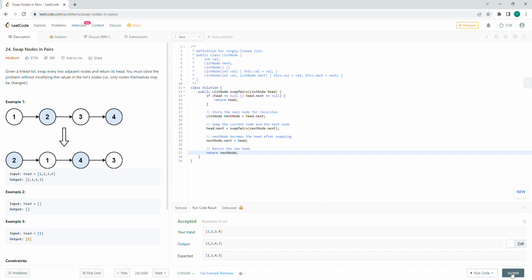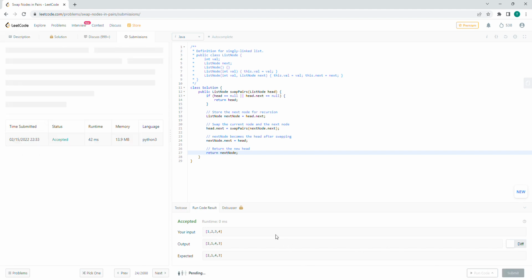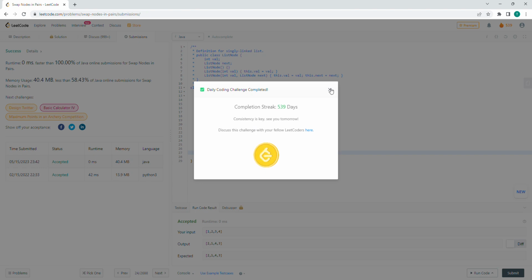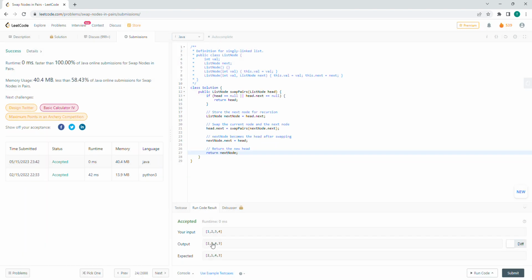Looks decent. Oh, sweet, so accepted. Time complexity wise, the solution is big O of n, where n is the number of nodes in the linked list. Since you visit each node once and perform a constant amount of work on each node, the time complexity is linear. Space complexity wise, the space complexity is also big O of n, because in the recursive call,